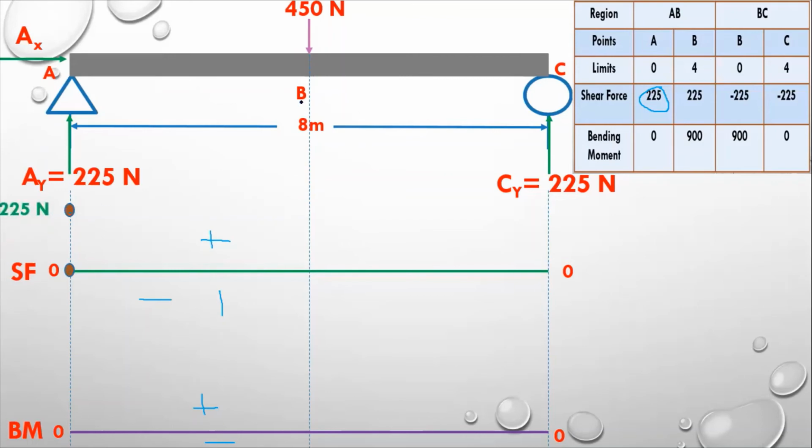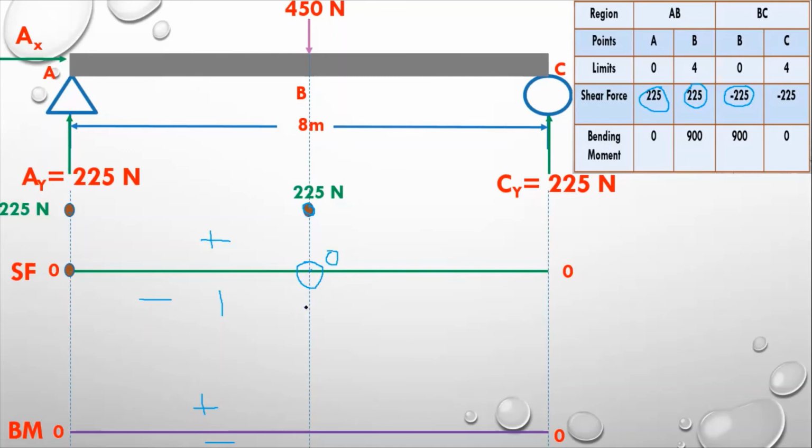Now at B we have again 225 Newton. So we have to go parallel to this point and plot this point here. You can see this with this blue line, and the point will come over here. Now this is again 225 Newton, so both are the same points. Now we are moving towards the B point, and that is minus 225. This point should be 0, because this is the 0 line, and we have to go downward because this is the negative part.